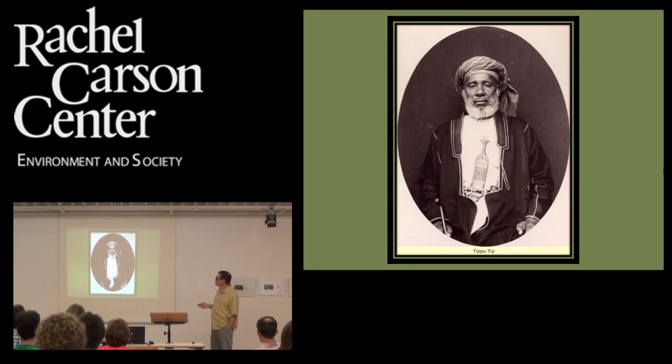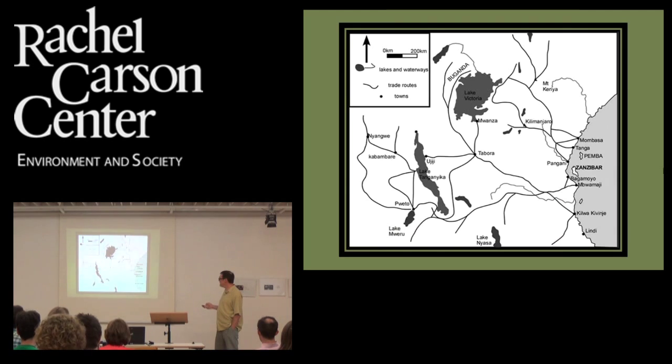The slave trade, this is Tipu Tip. This was a famous Swahili man. His mother was Omani, his father was African, and he headed an empire that stretched into the East African interior. He had houses up here at Ujiji, in Central Africa, also on Zanzibar Island, and he was the chief merchant of a trade that was bringing tons of ivory out of Eastern and Central Africa. That ivory was used to make billiard balls, strangely. And slaves, mostly. Other commodities as well, but mostly ivory and slaves were coming out of the interior,